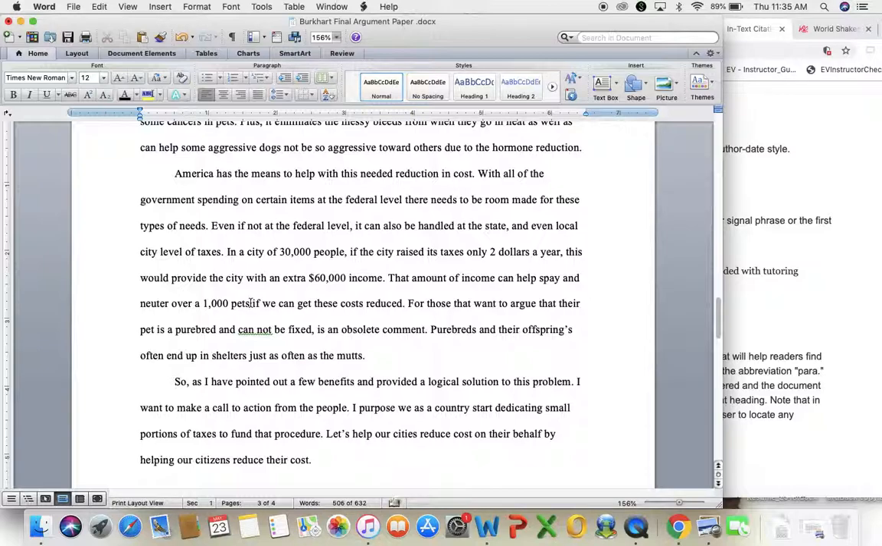Not just pets, but I would also say pets in feral colonies, if we can get these costs reduced. So for that, you need to do some math. You've already done some math, but